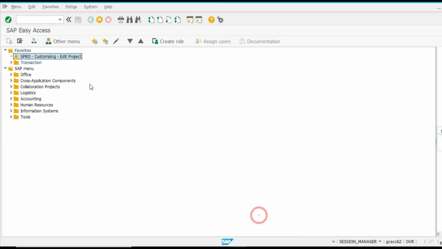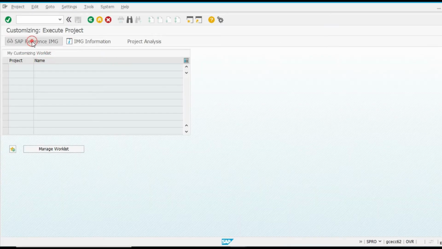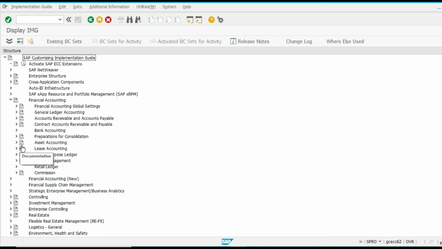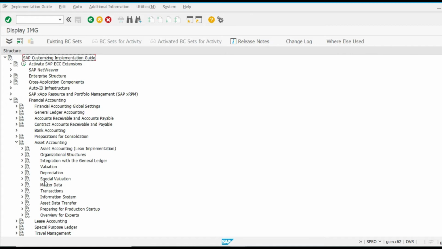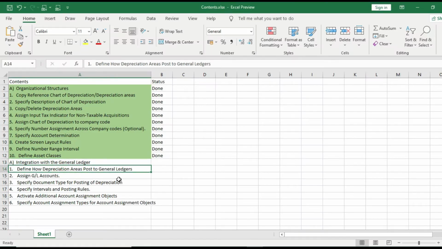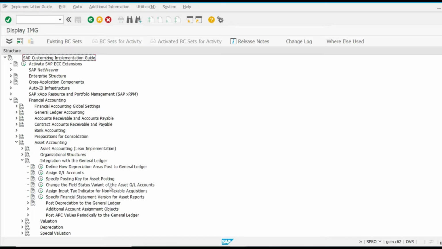Let's start with configuration. Go to SPRO, IMG, Financial Accounting, Asset Accounting, Integration with General Ledger. The first step is to define how depreciation areas post to the general ledger.